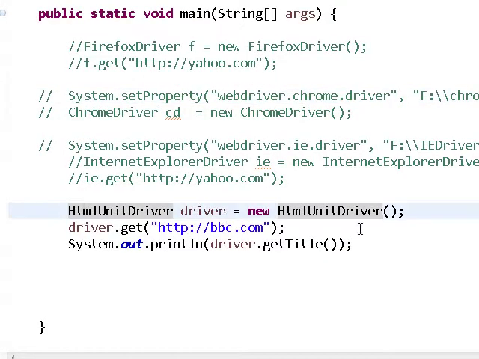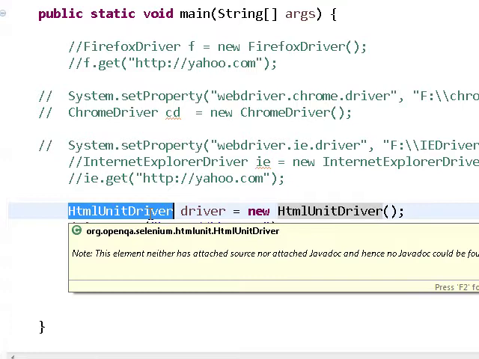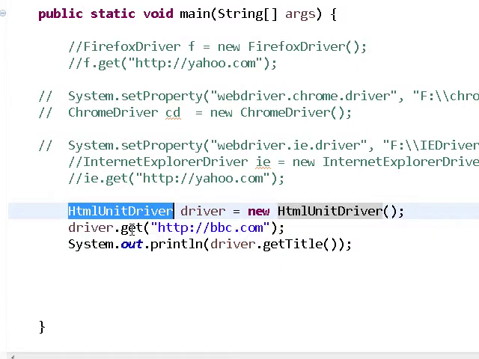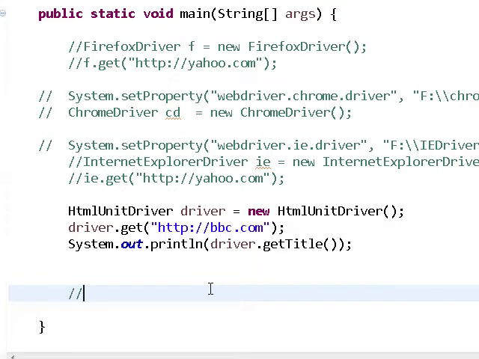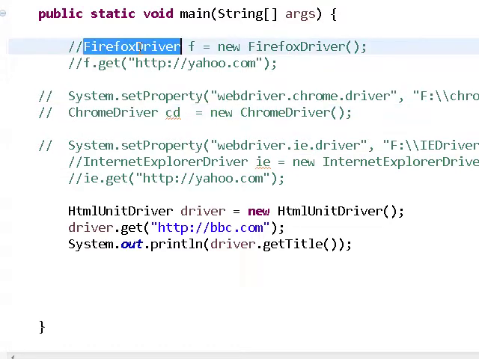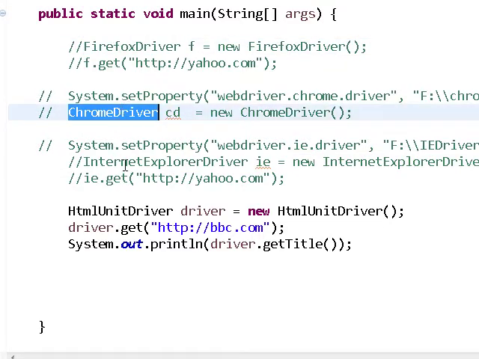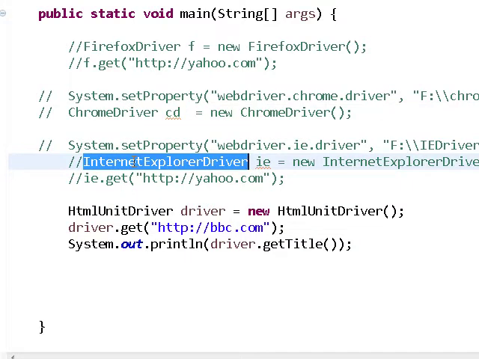Yeah. So I only said about HTML unit driver that it is something which can do the testing without opening the browser. Okay, so apart from that, there are drivers for Android driver, iOS driver. Those have been removed from Selenium now. Right. Now suppose, just talking about Firefox, Chrome and IE, if you have different classes for different browsers, there is something known as Safari driver as well. It works on Safari. Right. Now do you have to learn features of each and every driver separately?